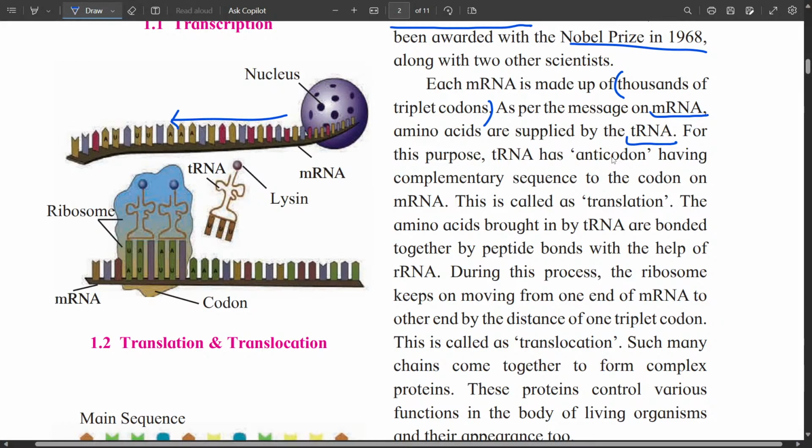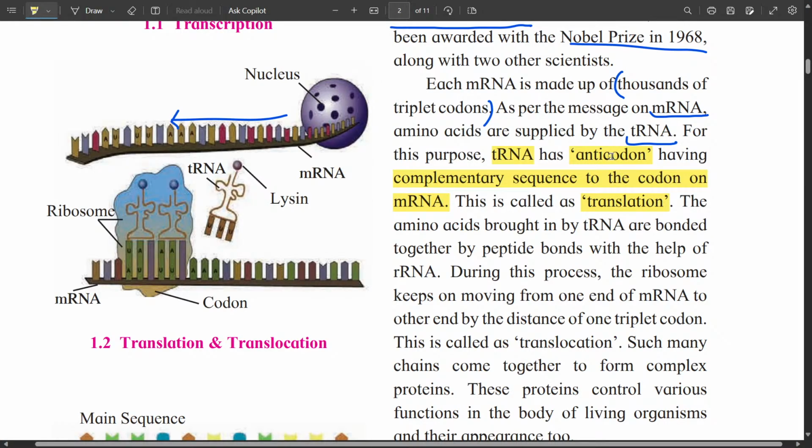Transfer RNA has a complementary sequence of the codon on mRNA, and it prepares itself according to those triplet codons on mRNA. So, formation of anticodons on tRNA as per the triplet codons on mRNA is called translation. That means here the tRNA is